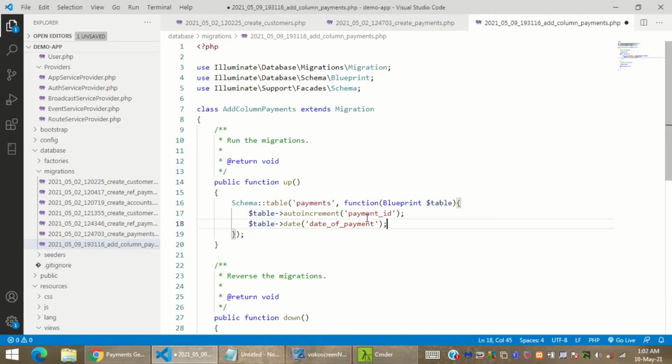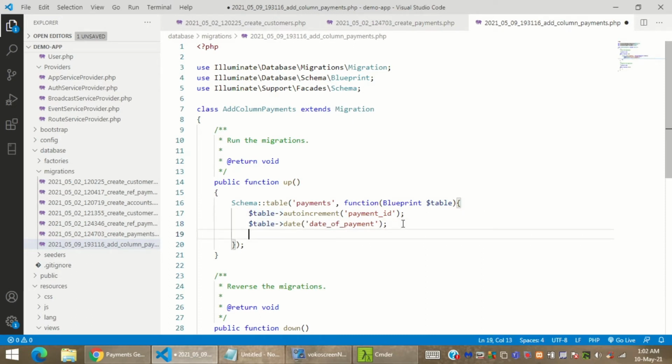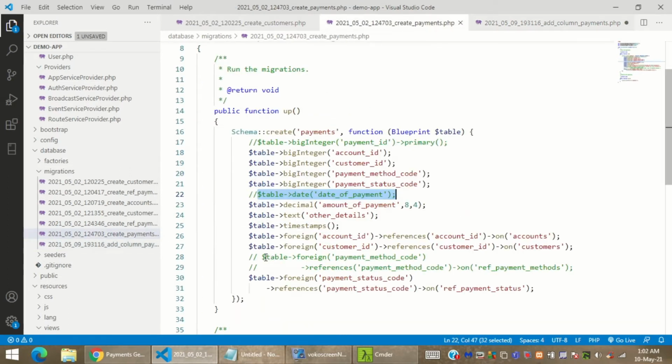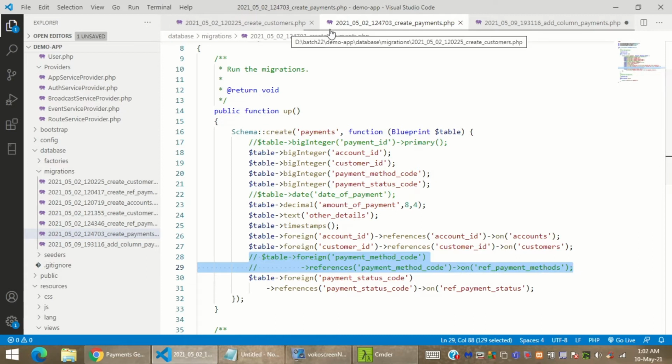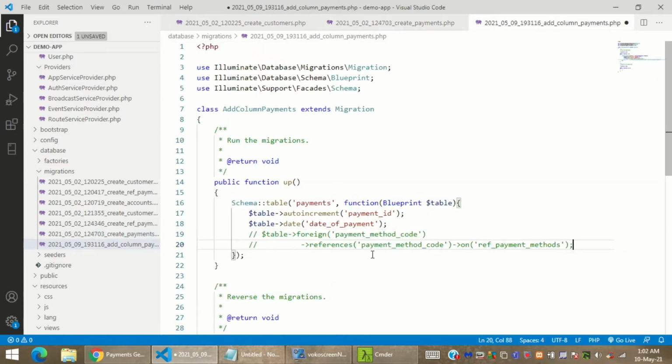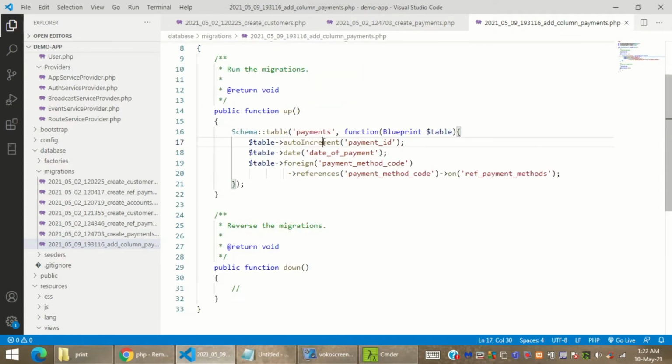Okay, so now I'm going with date of payment and one more, that is, let's copy our foreign key also, pasting it up, and now removing all these things. Fine. And I'm going forward with big integer rather than auto increment.